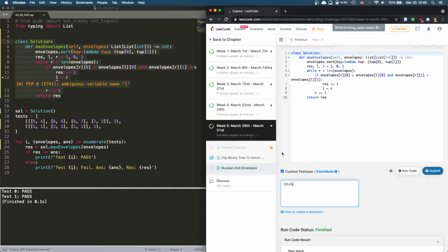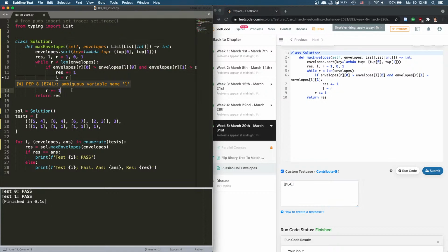Let's see. Usually it could be. Oh, I think it's the exit, right? It's the exit. Hold on, let me think. Is it the exit? So like the last one, and then we compare. We keep incrementing R every single time. And if it does not fit, because every time we change. That should be fine, right? I mean,